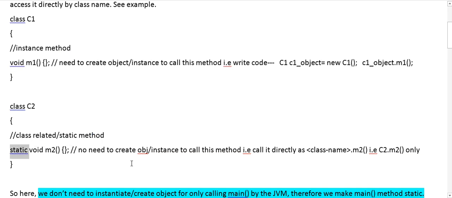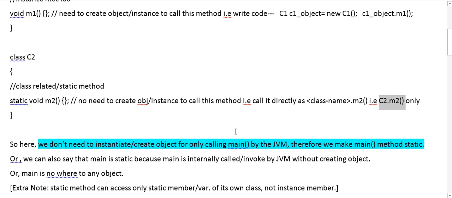For static methods, you need not create the object. You can call the method directly by the class name, like C2 dot m2. We can access it directly like this.